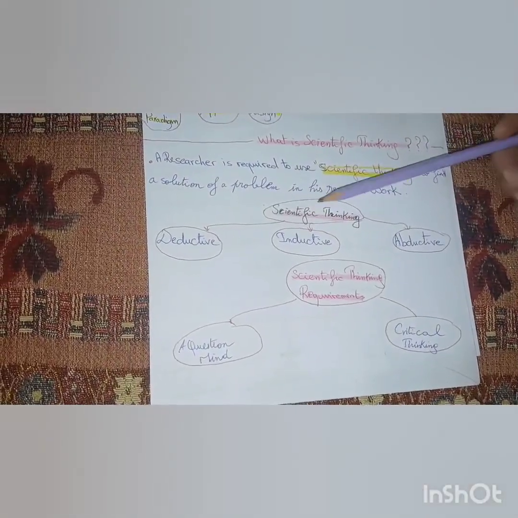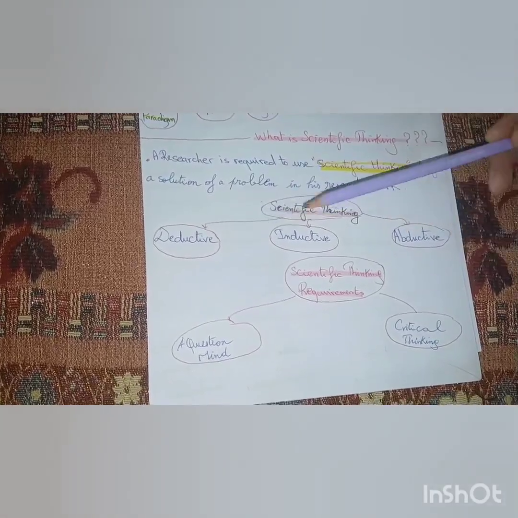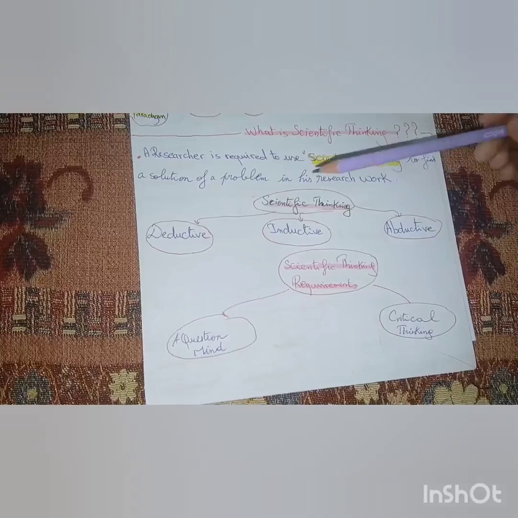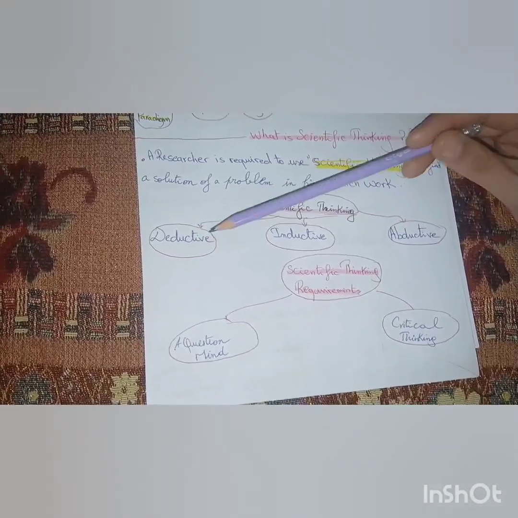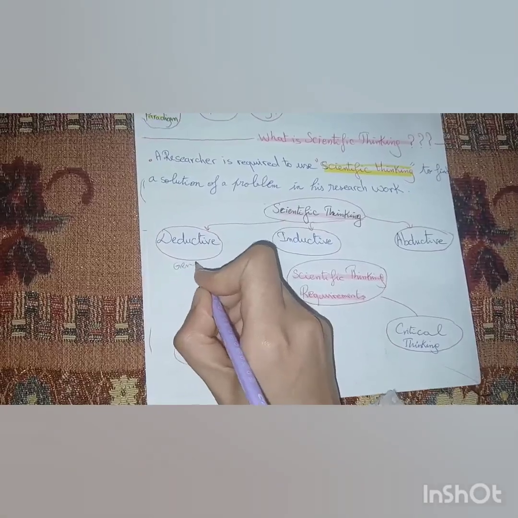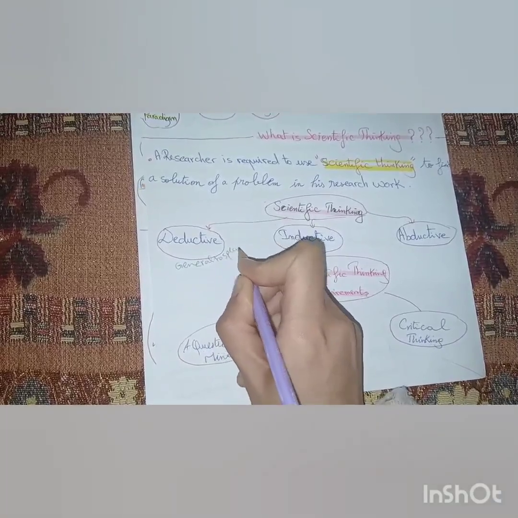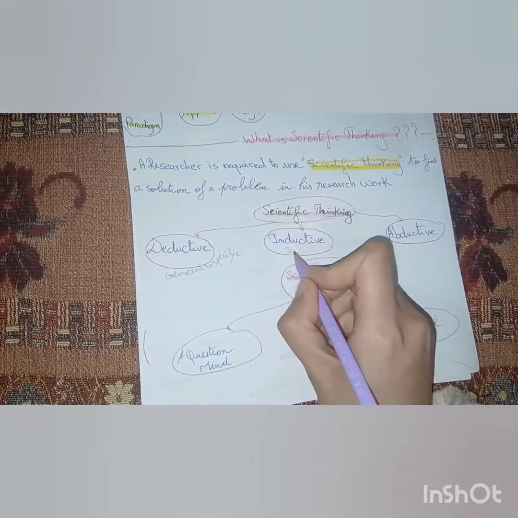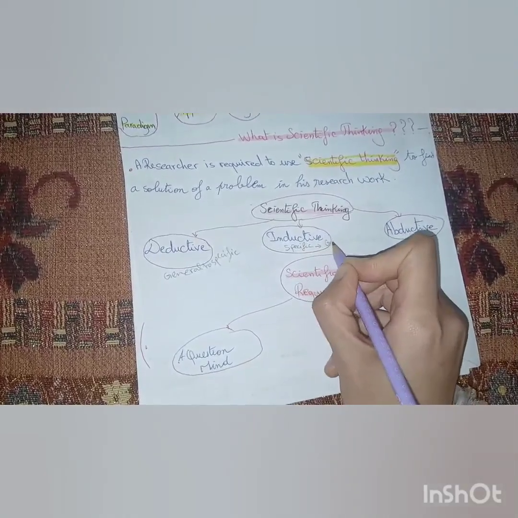And then you have scientific thinking. It is based upon deductive, inductive, and abductive. In these three types, we can say that deductive is from general to specific, and inductive from specific to general,